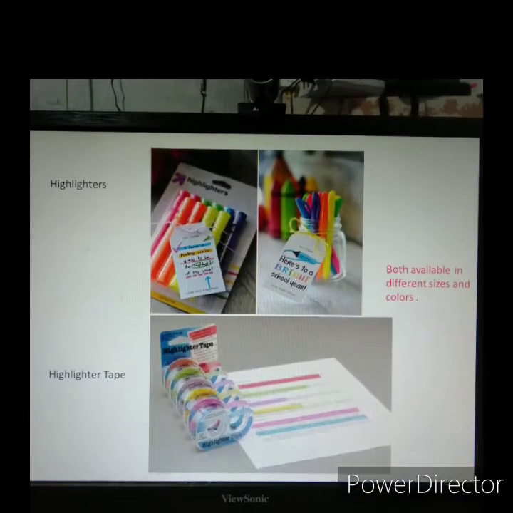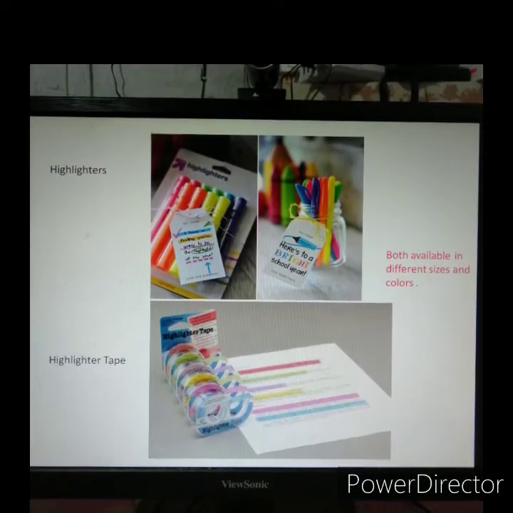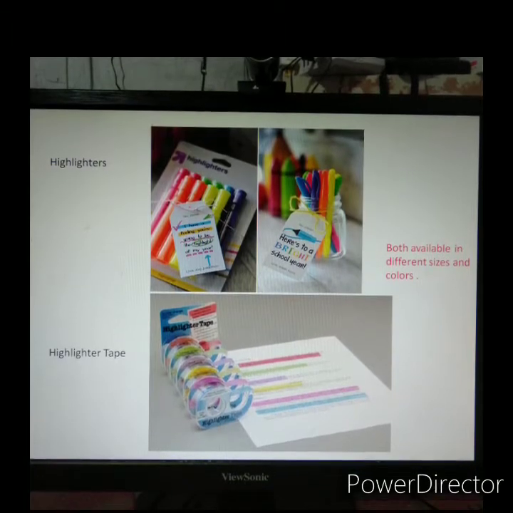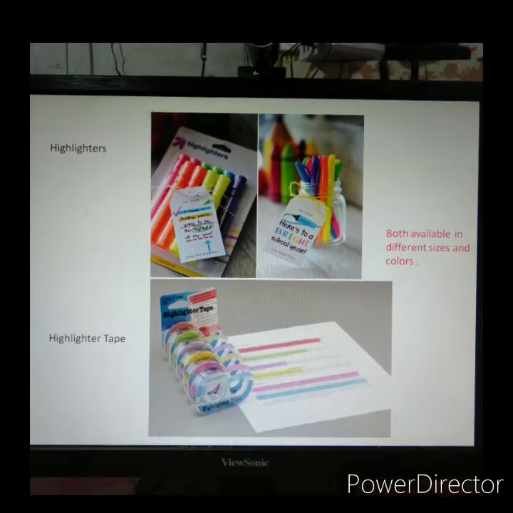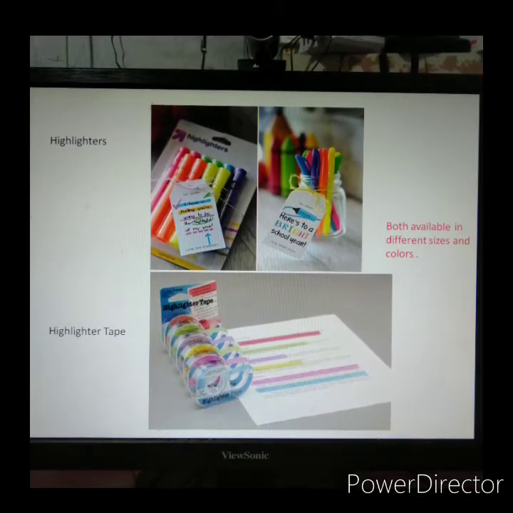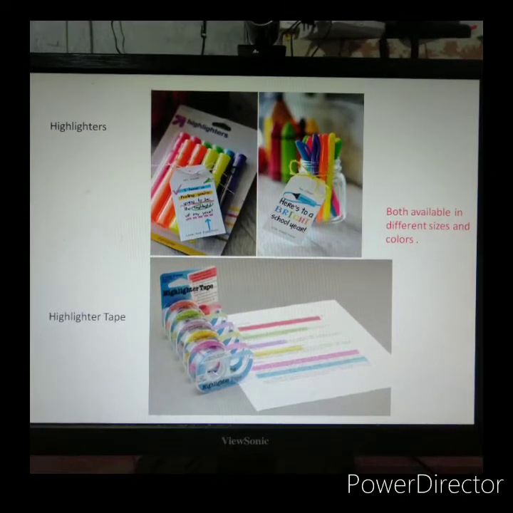For the continuation in the discussion regarding classroom organization, I am now going to discuss instructional materials and adaptive equipment. So, the first example for the instructional materials and adaptive equipment is highlighters. And we also have here highlighter tape. Both highlighters and highlighter tape are beneficial forms of assistive technology that can be used in classes with students with